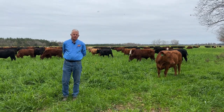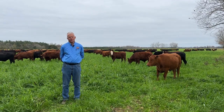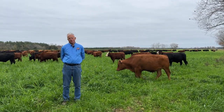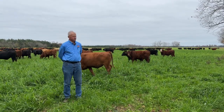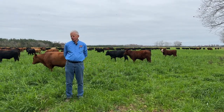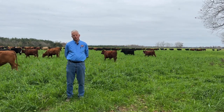John Wood reporting live from Baldwin County, Alabama, December the 16th, 2023. In the background, we've got a pretty unique pasture that's being visited here by a group of about 295 animals. They're quite happy. This is a mix of ryegrass or Bruiser rye,